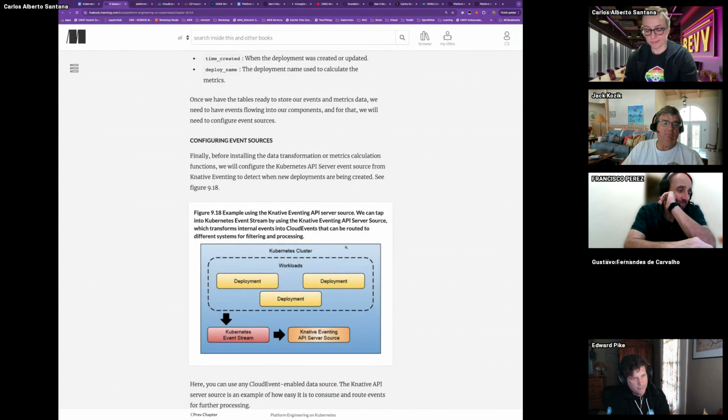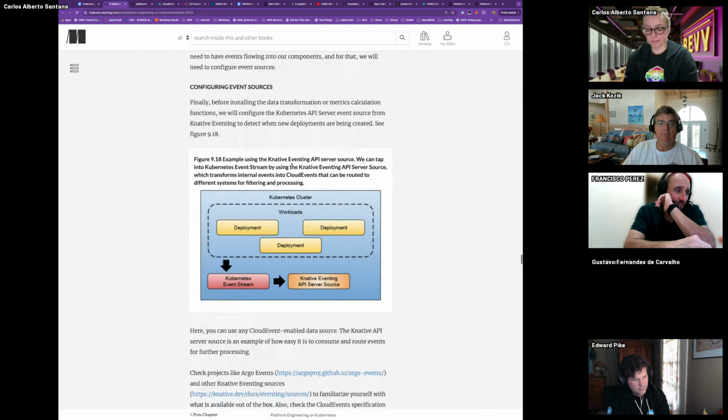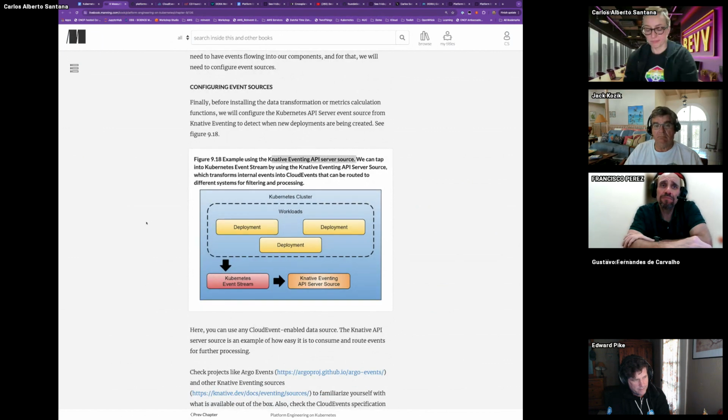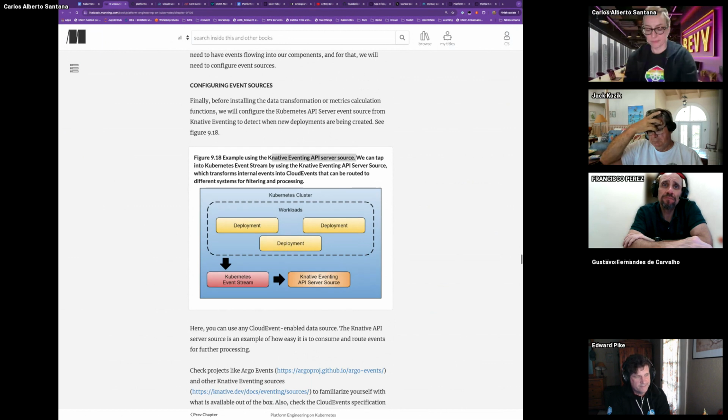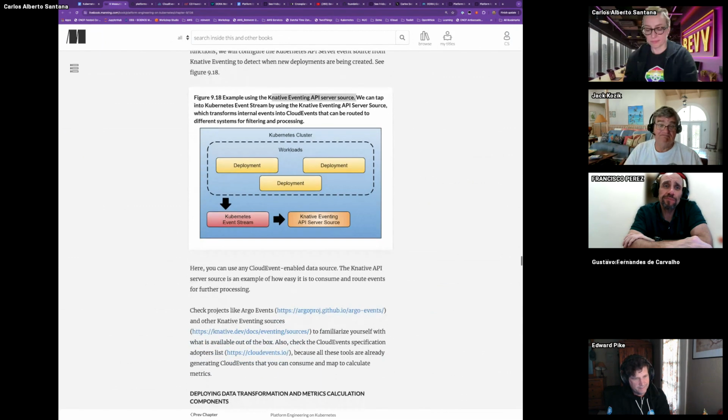Yeah, in this part, he's explaining how event sources are being created using the Knative eventing API. So you can have an eventing API that talks to, like, here's the example. I think I mentioned this example. In Kubernetes, he's capturing events, and he wants to know how often deployments happen.